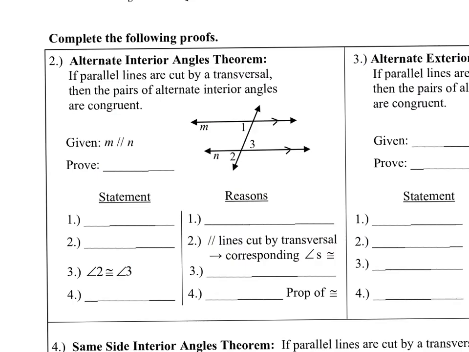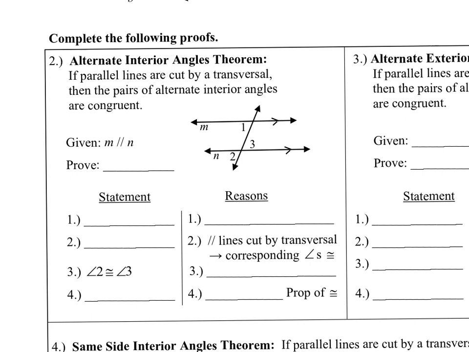So now let's take a look at the first of 3 theorems that we're going to talk about today. And since these are theorems, we are going to prove these theorems. Now remember, we've already stated the postulate called the corresponding angles postulate that says if parallel lines are cut by a transversal, then corresponding angles are congruent. So now we're going to use that postulate to help us prove this theorem called the alternate interior angles theorem,